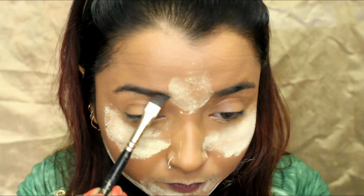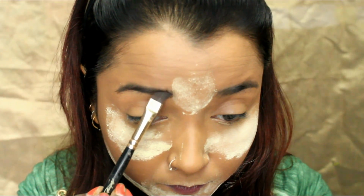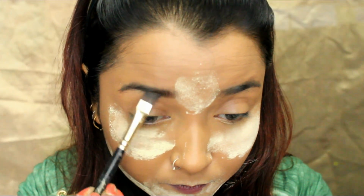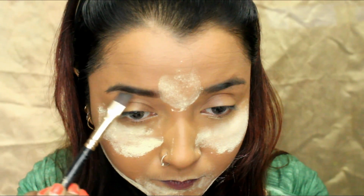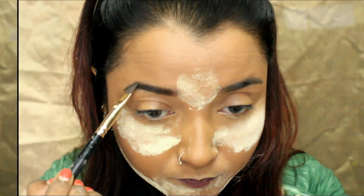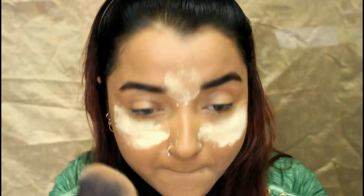And yes, I will just take the lighter brown shade at the front corner of the brows and the deeper brown and the black, mixing them a bit together at the end corner of the brows. Once it is done, I'm just going to dust off the excess powder on my face using a fluffy powdery